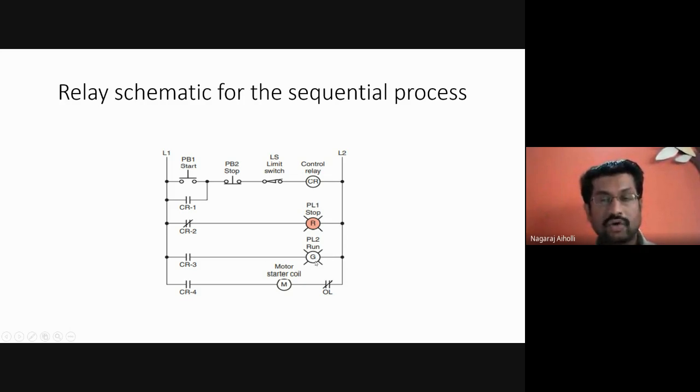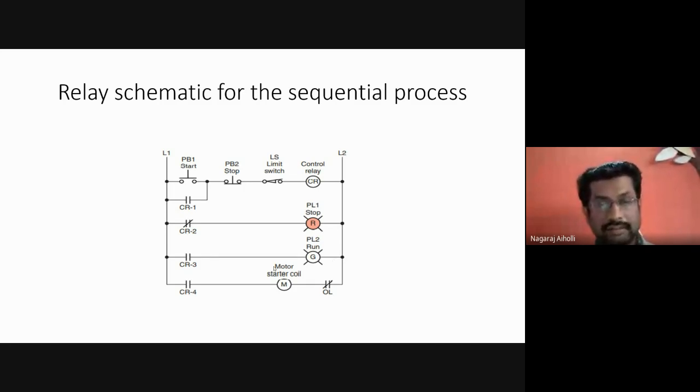The green LED will be glowing. What is the indication of the green LED? It indicates that the conveyor belt is moving or the motor is started.